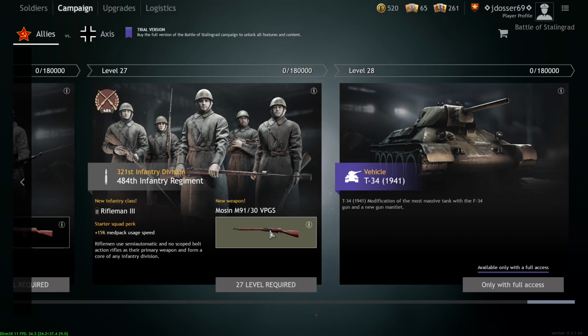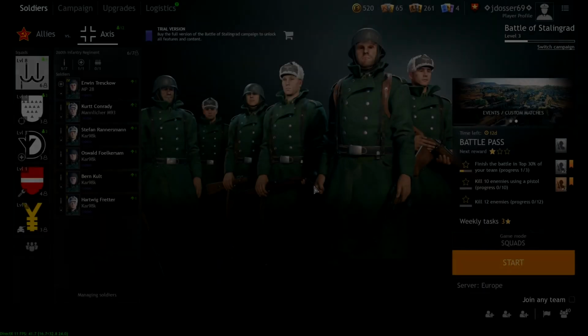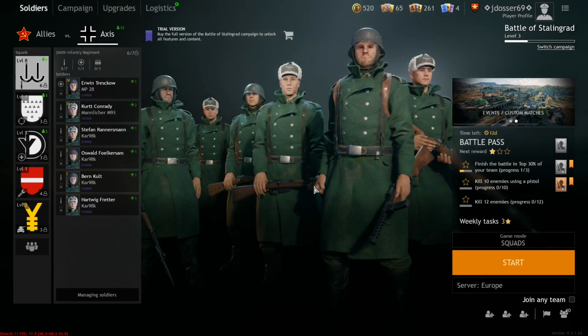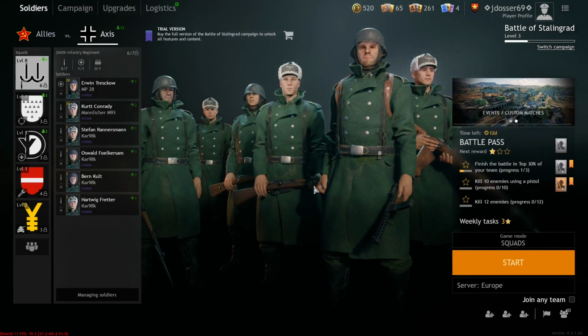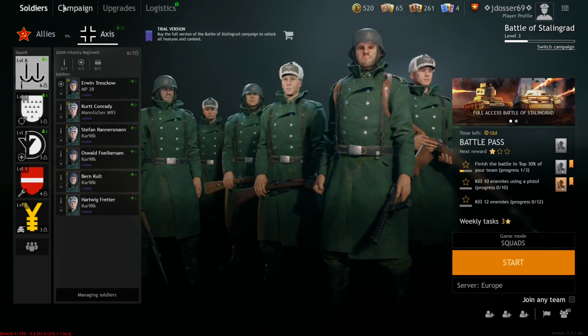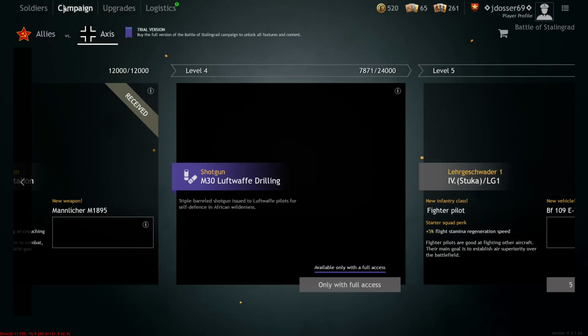Let's move on to number 7. The only real way this could have been better is if this was non-full access, but they had to make it full access. Stalingrad is such a bad campaign. Speaking of, it's 2 for 2 as we go on to the other side of Stalingrad for number 7. Yes, Stalingrad just... it's literally...